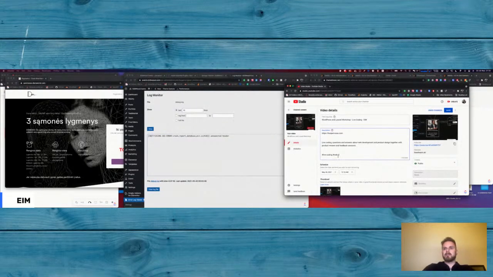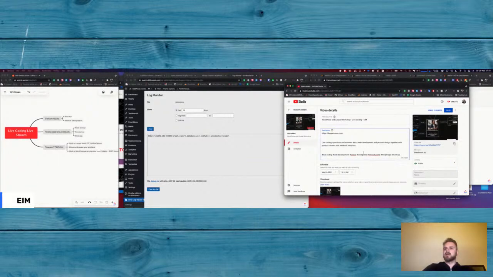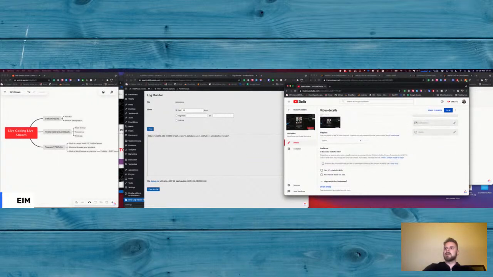Live coding, web development, Laravel, WordPress, and AI solutions. And mind maps. We always use a mind map somewhere on the side. So we just gotta include it and save changes.